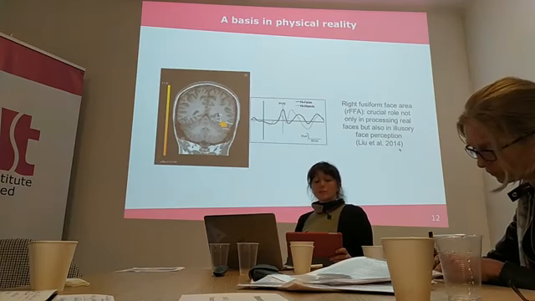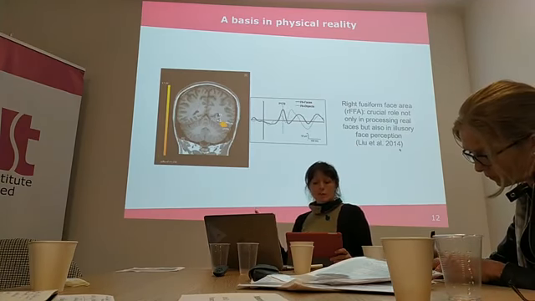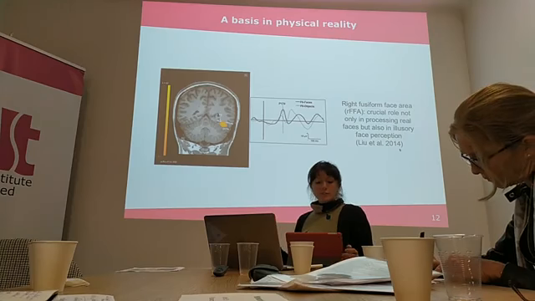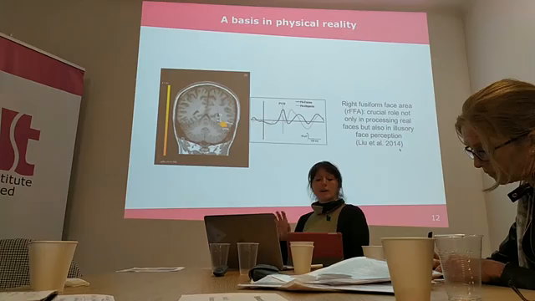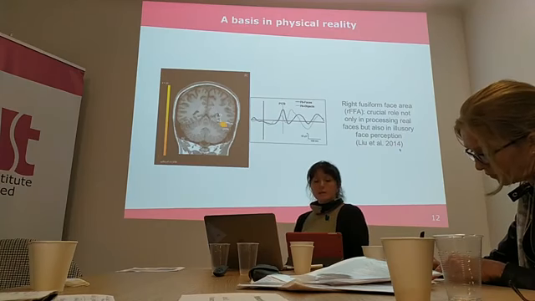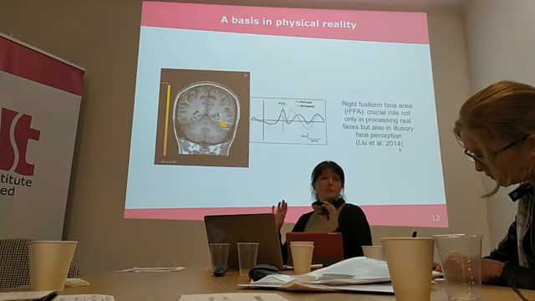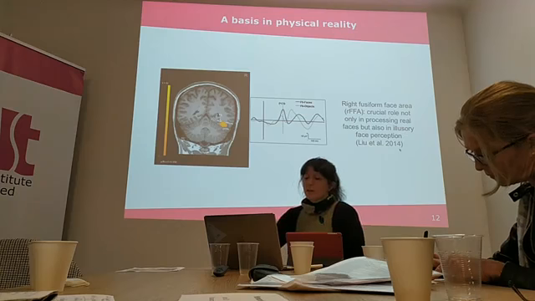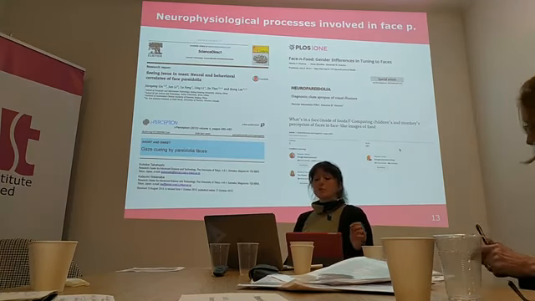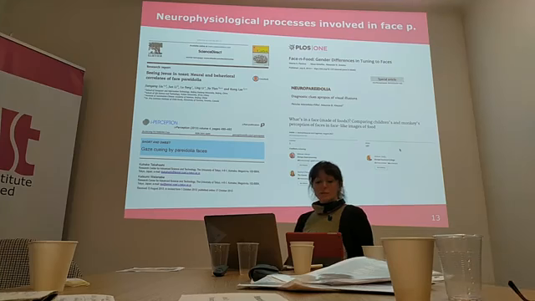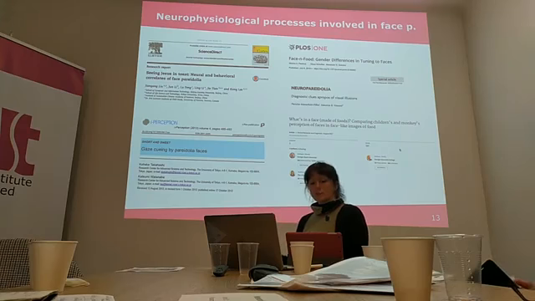This should not make us think that face pareidolia is purely imaginary. Rather, it is based in physical reality and relies on the activation of a specific brain region called the right fusiform face area, which is the same that plays a crucial role in processing real faces. Therefore, a number of scientific studies have investigated the neurophysiological processes involved in face pareidolia with respect to various aspects, from differences among adults and infants, men and women, human beings and primates, and so on and so forth.